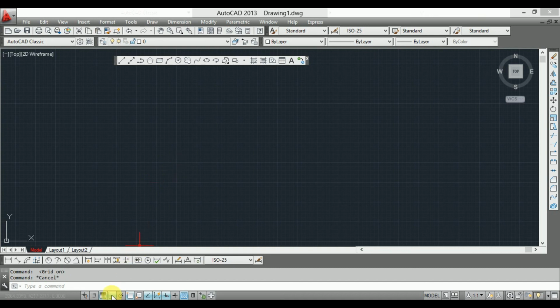Another is ortho mode. Ortho mode is basically snap.